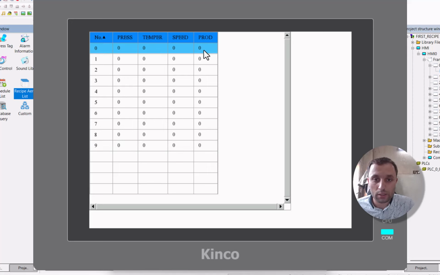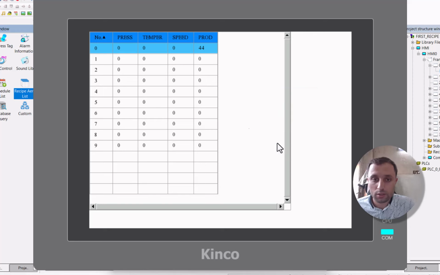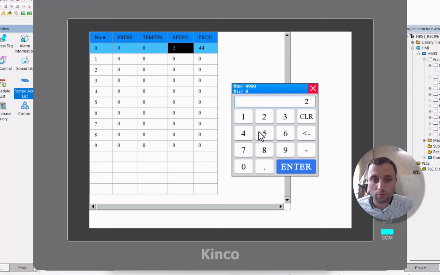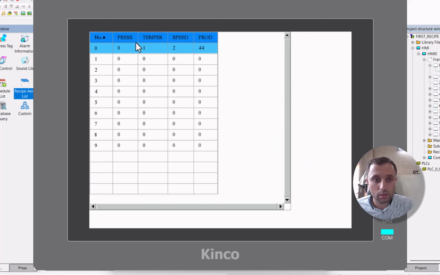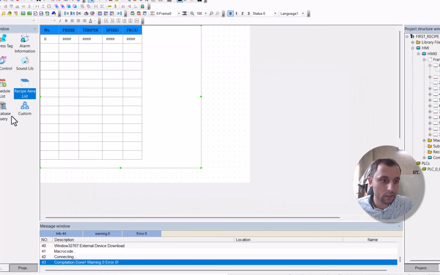So for products, now you can see here I only have a value here. Now I need to make this correctly. Okay, I will go and again I